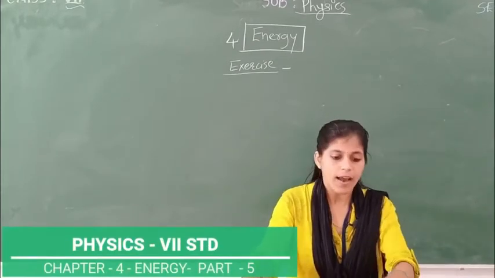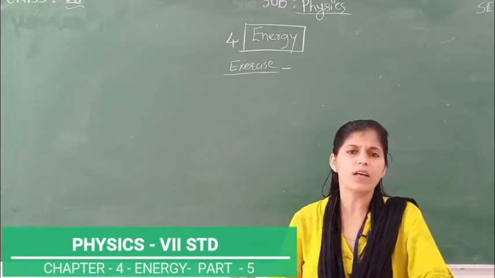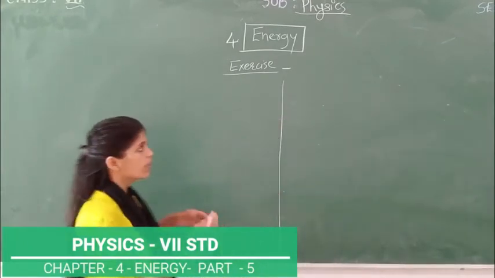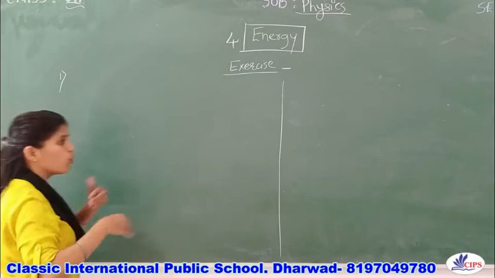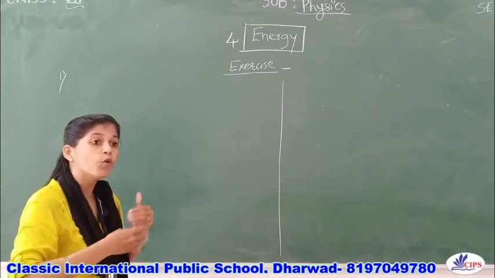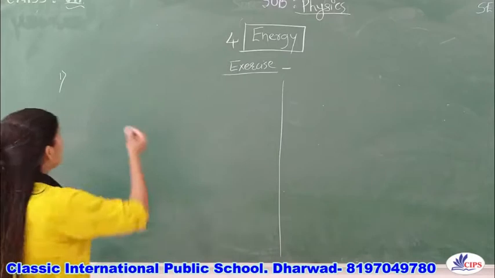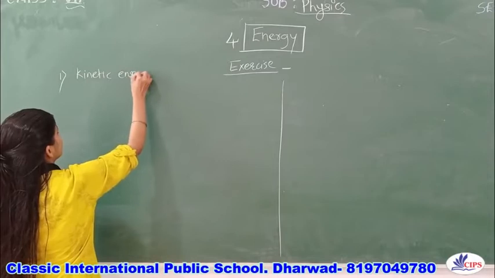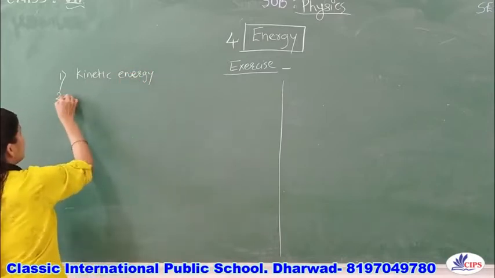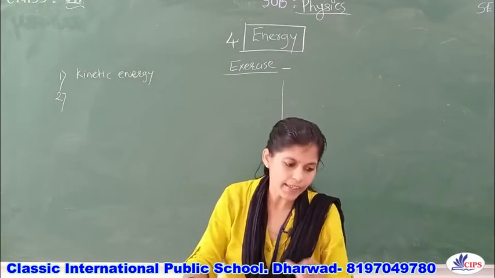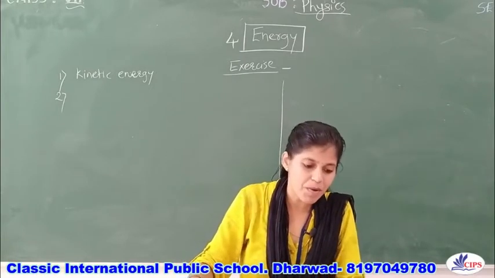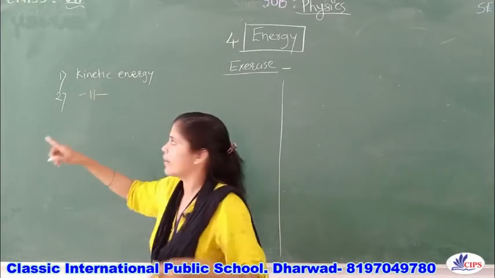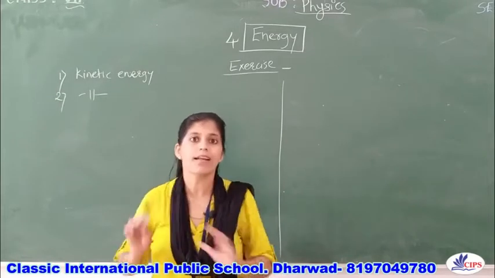First question is, identify the energy possessed by a rolling stone. Suppose it is any object moving, a rolling stone or a moving vehicle or any moving animal, the answer will obviously be kinetic energy, right? Secondly, the second question: identify the kind of energy possessed by a running athlete. Here also the same answer will be there. You don't write the symbol like this, you have to mention proper questions and answers.